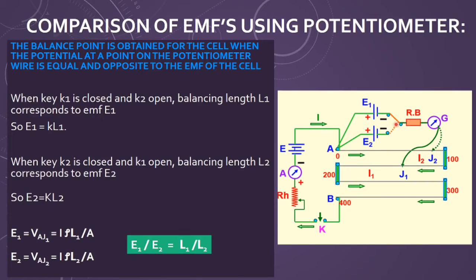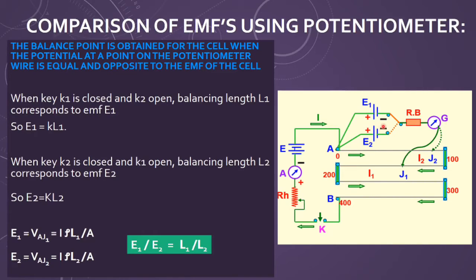The central terminal is common, and that common connection will go to the resistance box and then to the galvanometer, and through the galvanometer you join the jockey, which is a single-terminal device. This jockey can be moved over different wires to get no deflection in the galvanometer. I will not get any deflection in the galvanometer except at the null position. And at the null position, that length I will call the balancing length.